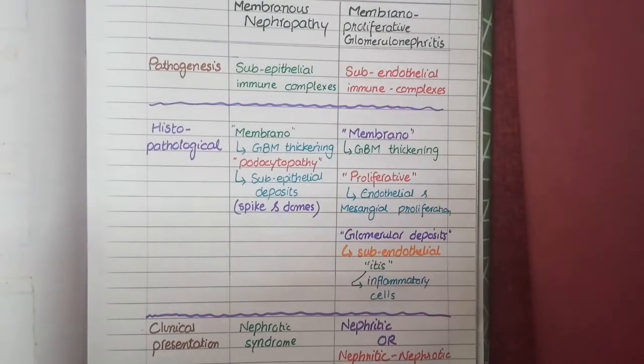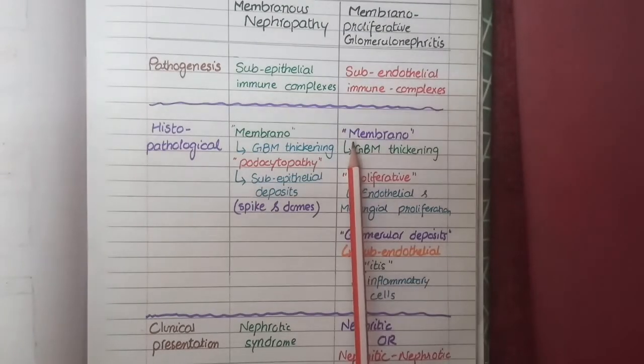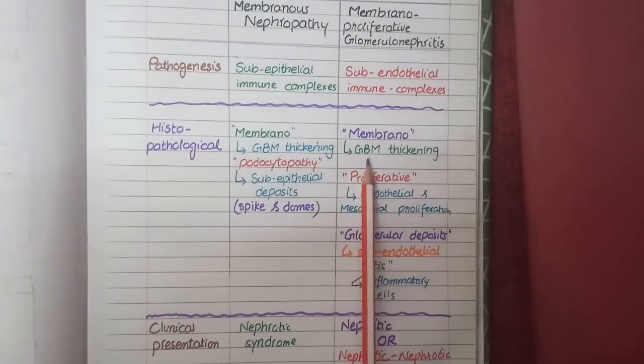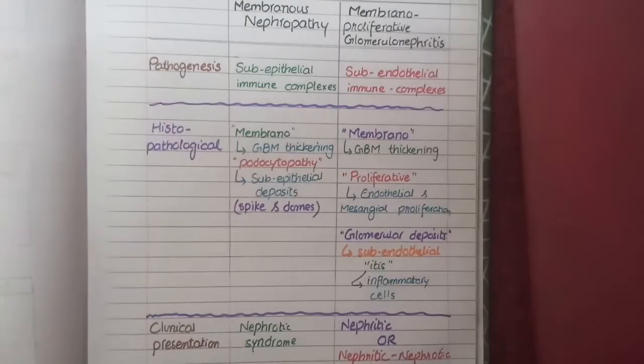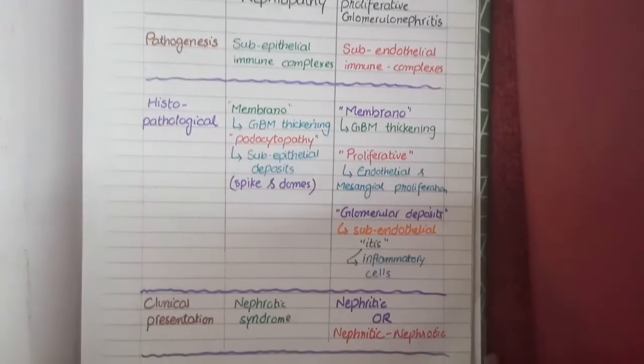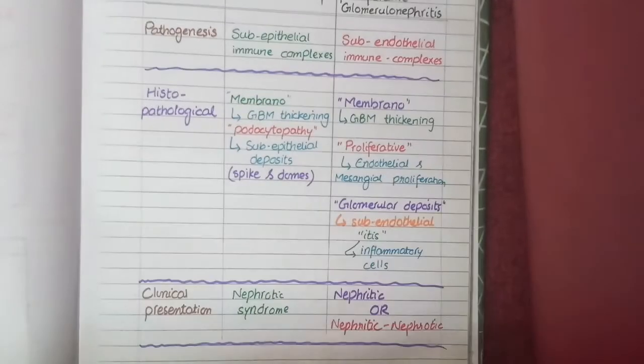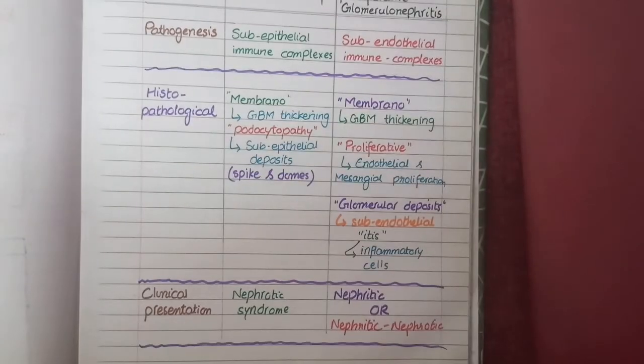disease. Now for membranoproliferative glomerulonephritis, the keywords are membrano, which means thickened glomerular basement membrane, proliferative, which means proliferation of endothelial and mesangial cells. Third is glomerular deposits, which means subendothelial deposits. And the fourth keyword is itis, which stands for inflammatory cells that are neutrophils and monocytes. And these two features, that are proliferative and itis, are present in membranoproliferative glomerulonephritis but are absent in the histopathological